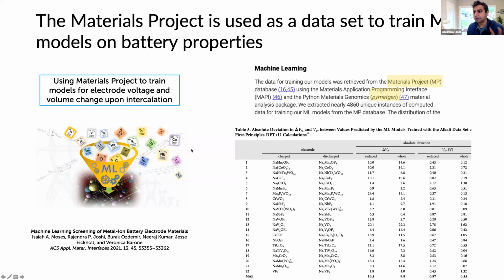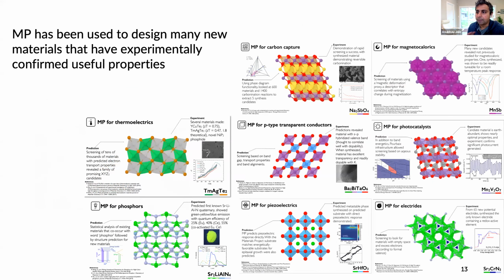You know, the Materials Project can be used for direct material screening. It can also be used to train machine learning models. Apart from batteries, Materials Project has been used to design many new materials in lots of different fields. I don't have time today to go through all of these examples, but certainly Materials Project has been